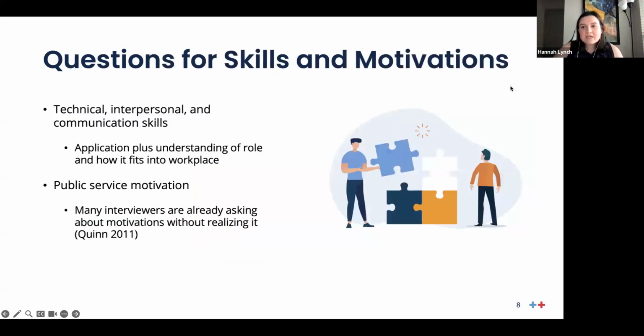The other thing that we did in this part of the research was looking into the specific skills and motivations that we really saw as being important in DSTs. So we're obviously talking about the technical skills that you're looking for in software developers, product designers, UX designers, but also the specific interpersonal and communication skills that are necessary to succeed in the types of industries and sectors that these DSTs are operating in.